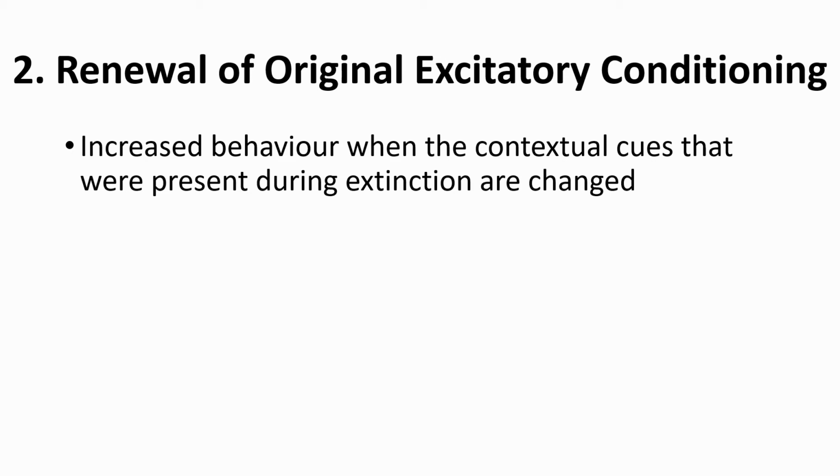So that tells us that that reduction in conditioned responding is specific to the context in which it was taught. So we only see that decrease in context B, where it was originally trained,